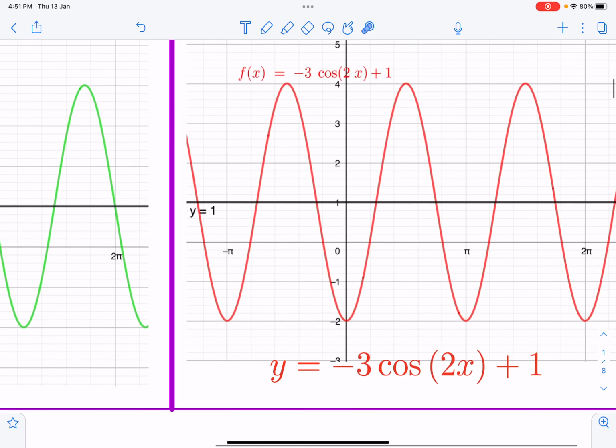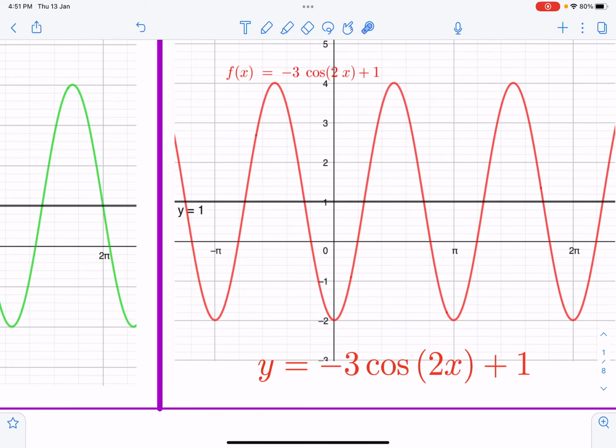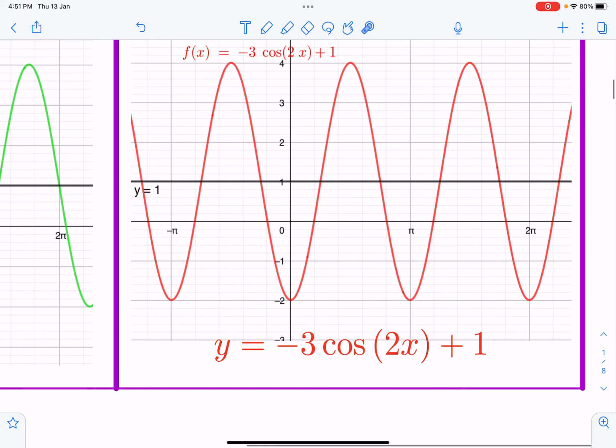Let us look at the cosine curve. In the cosine curve, I took the same equation with cosine. So minus 3 cos of 2x plus 1. Now look here. Because of this minus, the curve has been reflected in the x-axis because this is a change in the sign of y. Now, it has started from the minimum position and then goes to the maximum. So it started at minimum minus 2. The maximum is plus 4.